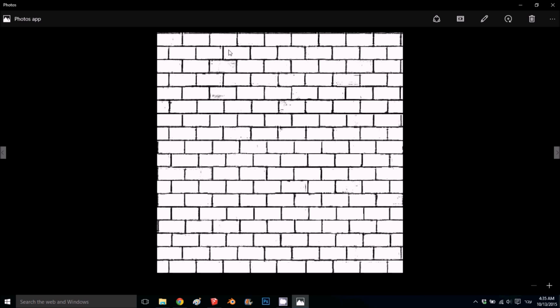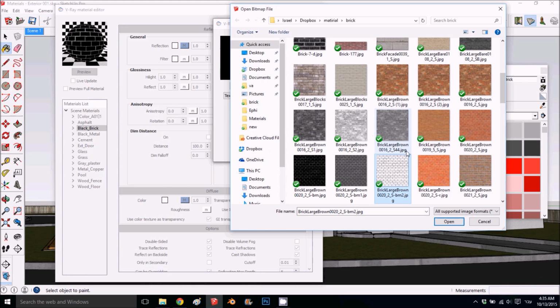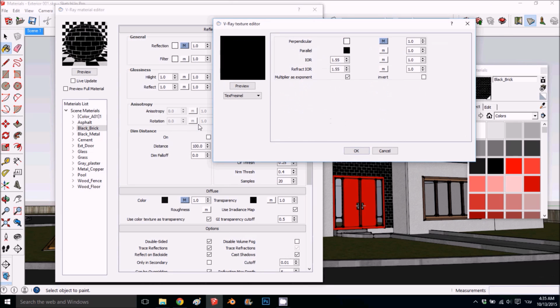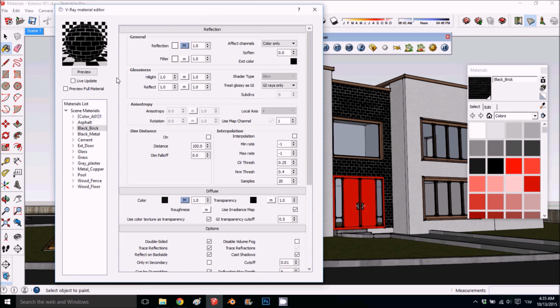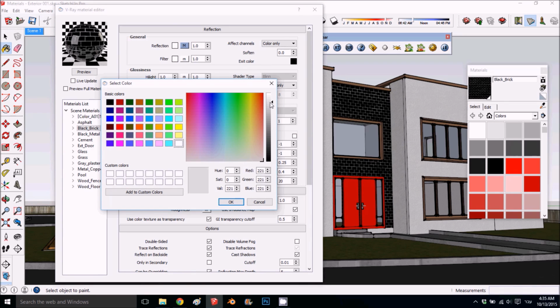You can see I have the same map, just inverted. I'm going to put it here on the reflection. So now I get the reflection only on the stone, not on the stucco compound between. Now for the reflection, I'm going to put gray tones on the filter and